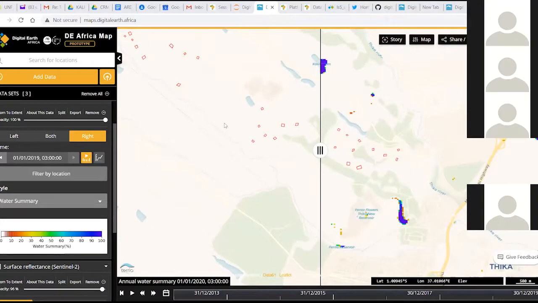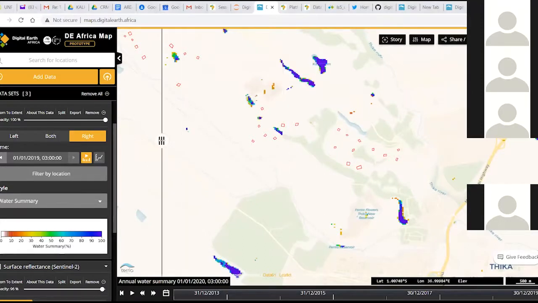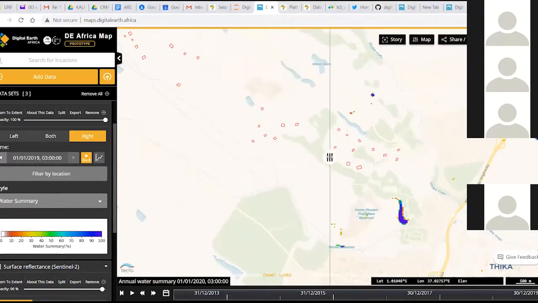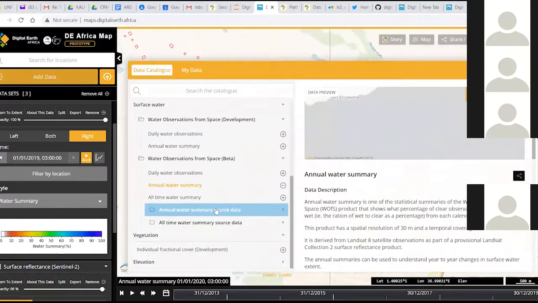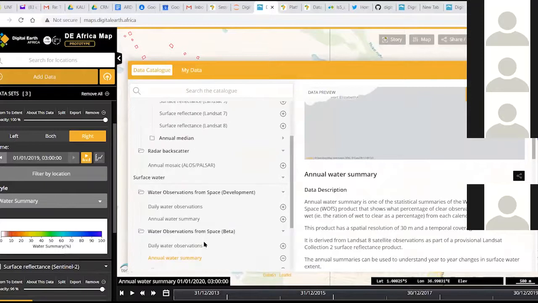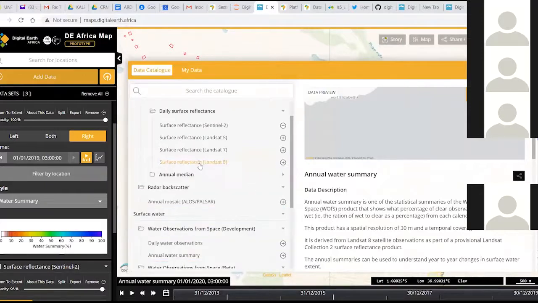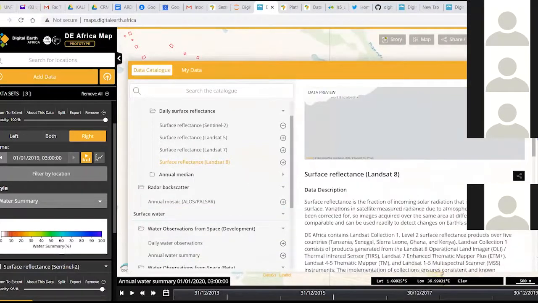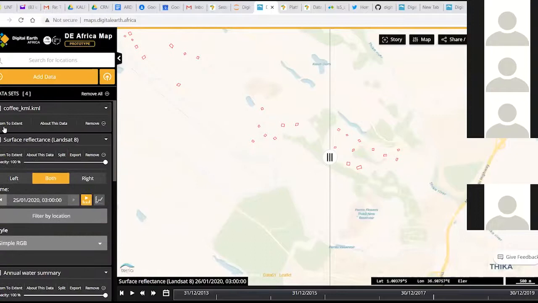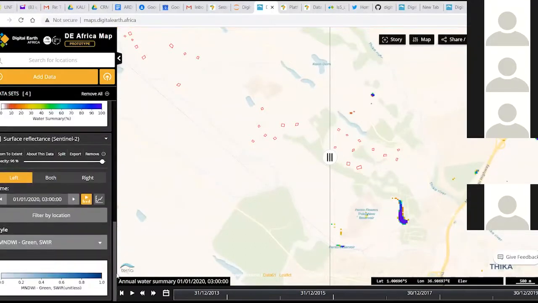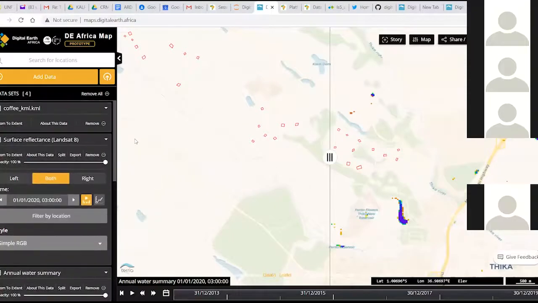That one is sorted. So at least you can toggle in between various displays, still on the same, you can add another data source. So at least you added water. These other ones are still in development, they will come with time. Then you can also add what we have from the Landsat, and you can have various options. So the best part about this is that you can disable the one you have and put in another source, like the last one I've added, or the first one.